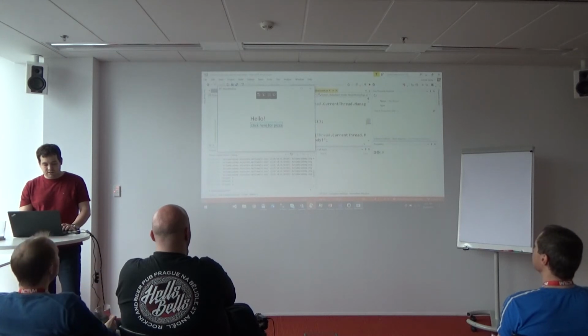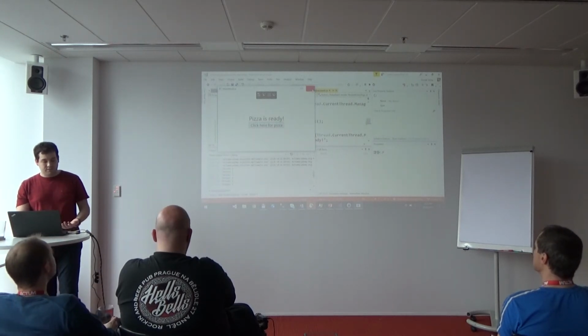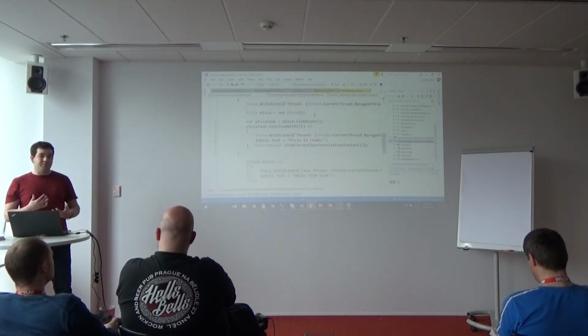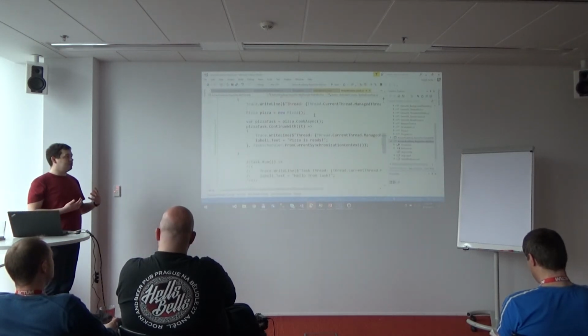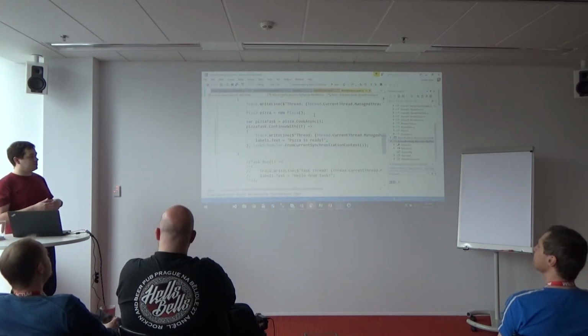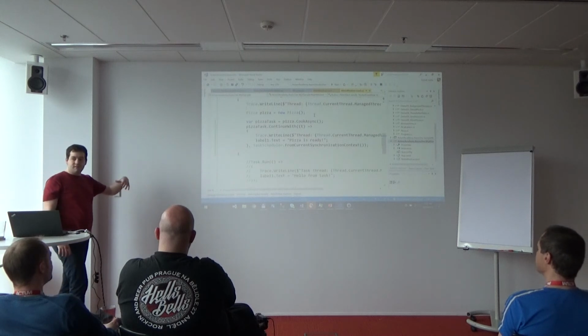Okay, pizza is ready. It works. But this is the way how you can work with it manually. Basically, right now we did what the async await can do for us without doing this magic about continuous synchronization